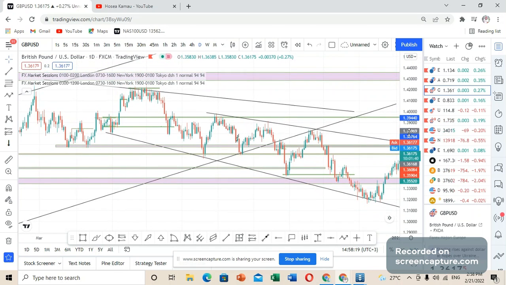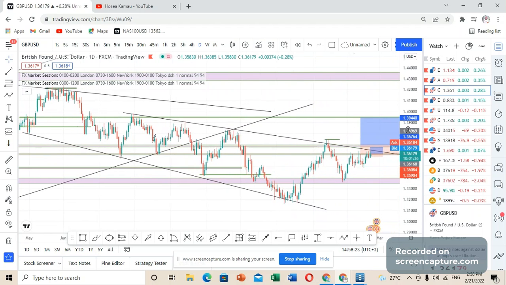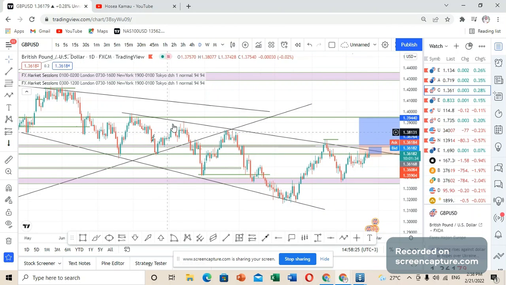So moving into the daily time frame, you can see that the downward trend that we are talking about is the exact downward trend that you are seeing here. This is the trend line, the first trend line that is here, and the second trend line that is below. You can see that there were significant patterns that were easily predictable. We had a touch to this particular point of support, a move to the upside to this particular level, and a move to the downside to this particular level, an M